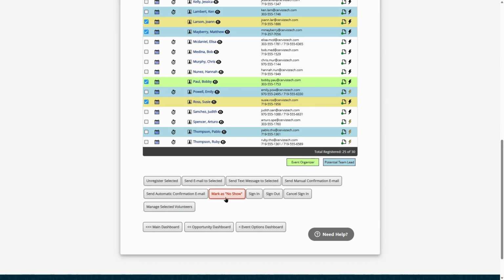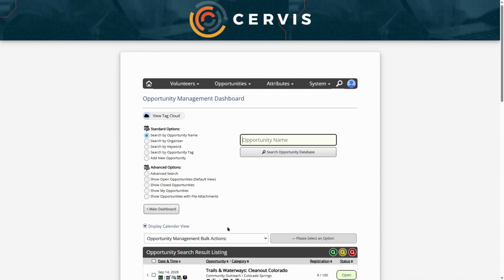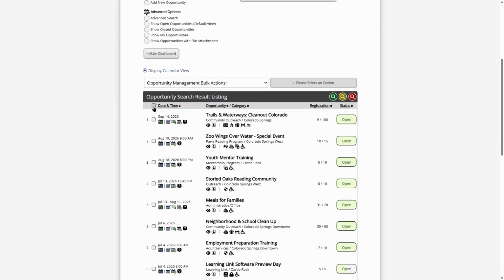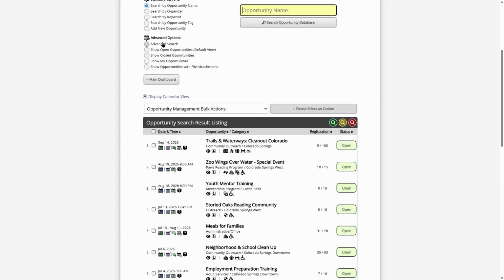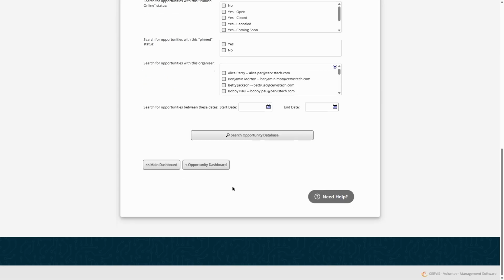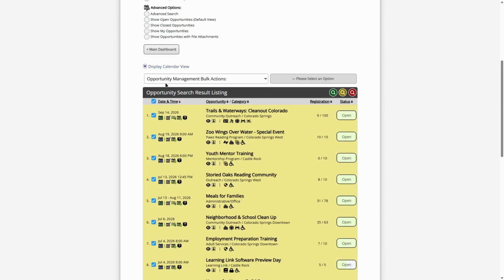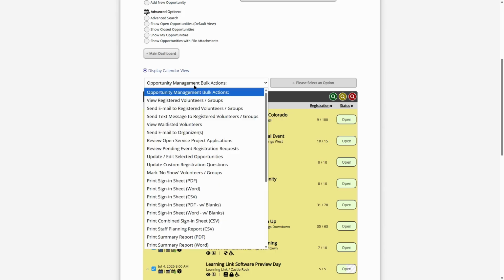Alternatively, there are a few ways that you can kind of speed up or even automate this process. If we back up a step, we're going to go back to the main opportunity dashboard. On this page, you can select multiple events. So I might search for a set of events, maybe everything that occurred last week using the advanced search and applying a date range. Or maybe I just want to look at all the things that are ongoing. Depending on how your events are set up, you might want to run a different search here. But I can select multiple events, and then from there, in the drop-down for bulk actions, there is an item here